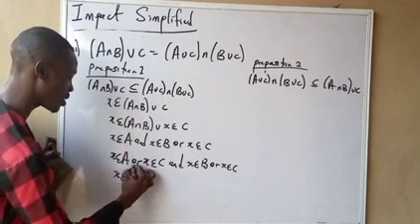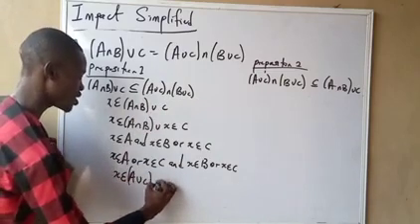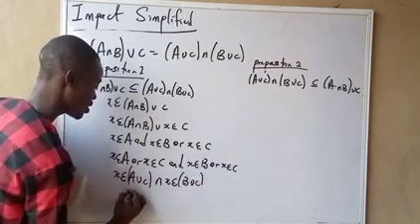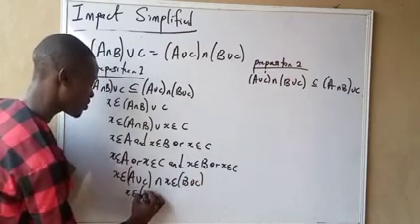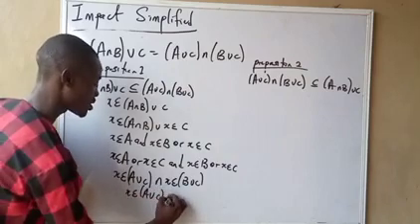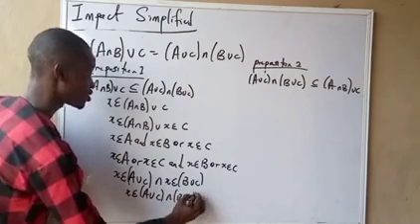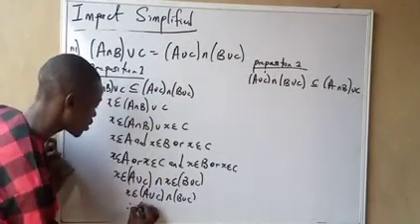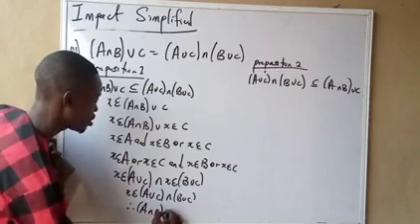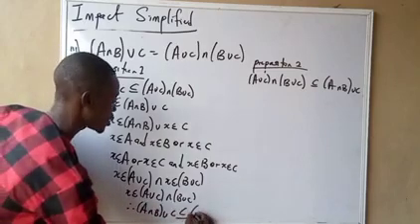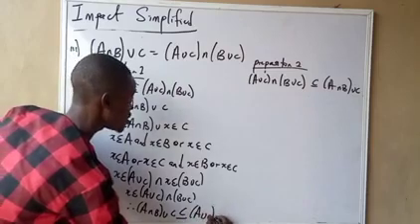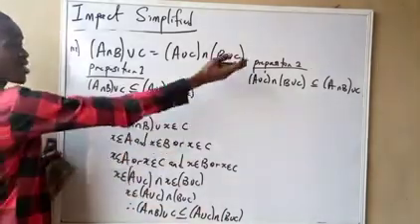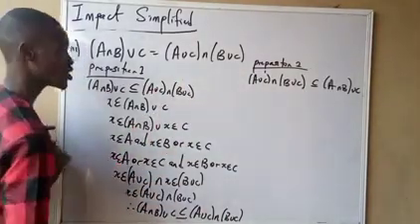We have X is an element of A union C intersection X is an element of B union C. And what is common again? X is an element is common. What do we have? A union C intersection B union C. And that is what they ask us to prove. Therefore, we conclude that A intersection B union C is a subset of A union C intersection B union C. It's simple. And we don't need to look at proposition 2, but let us look at it just because